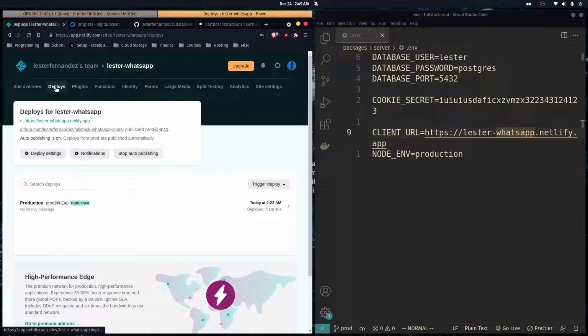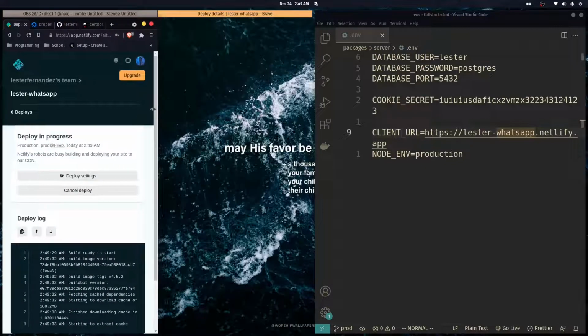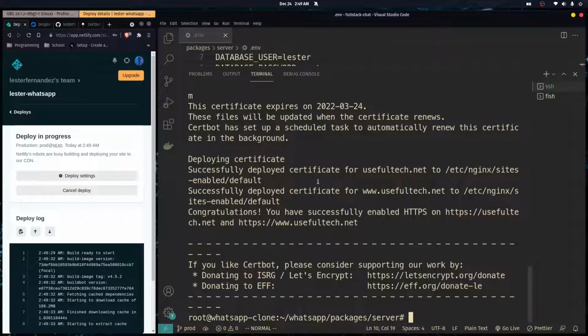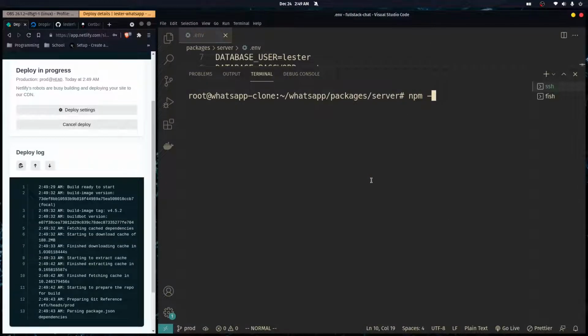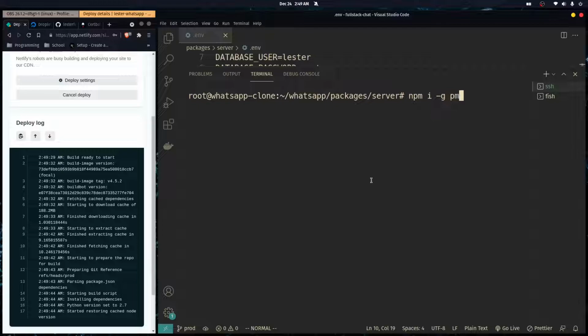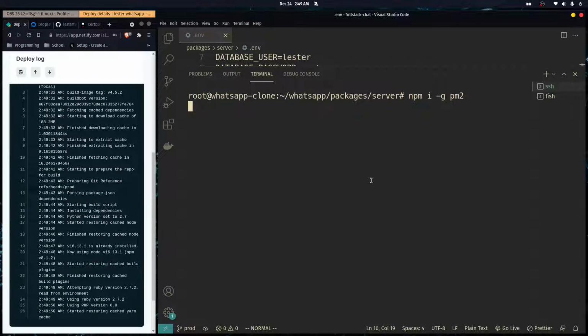Oh yeah, over here in the deploys tab, you just go over here to trigger deploy and deploy it, and it's gonna rebuild the whole thing with the new environment variable set up. So while it's doing that, we can go back to our terminal, to our server, and install a package called PM2. So npm i -g pm2, and it's just gonna help us run our Node.js application in the background, but